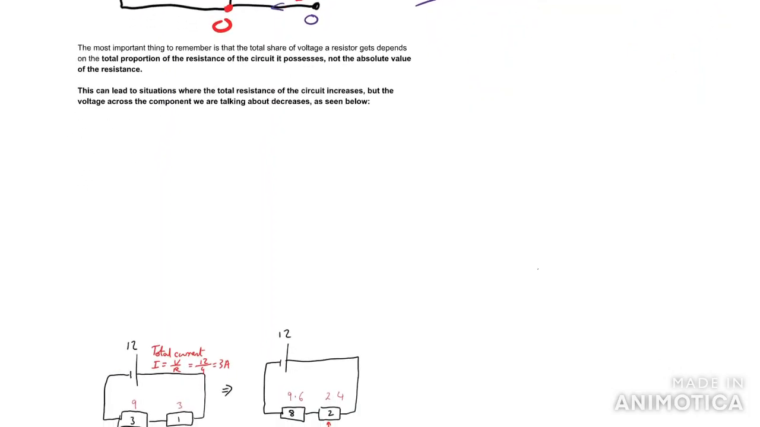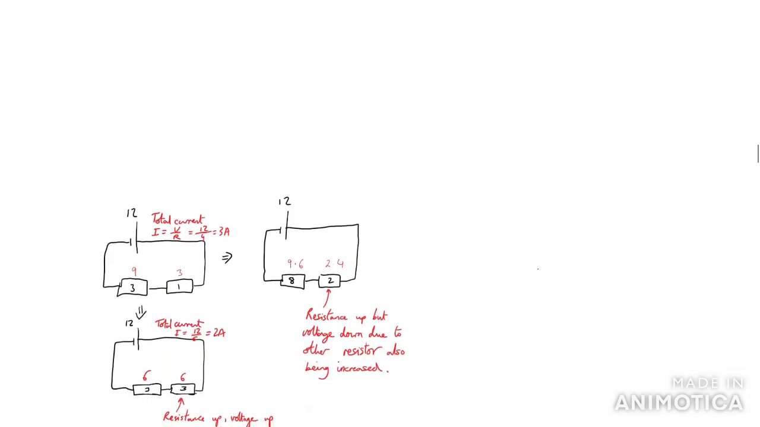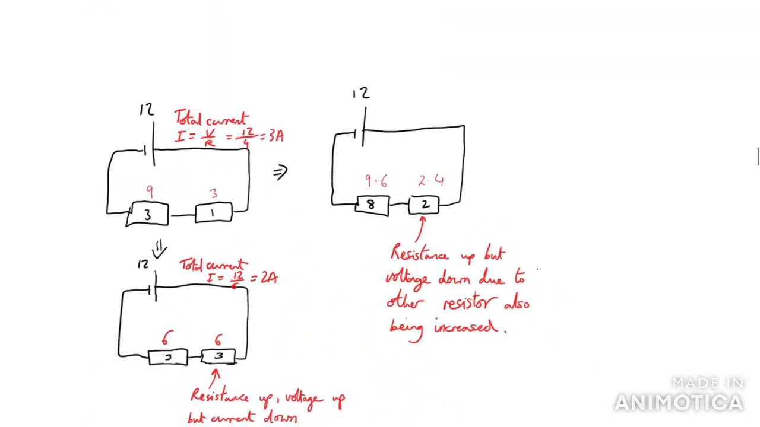But first, I want to mention the most important thing about potential divider setups: the share of voltage a resistor gets depends on the proportion of the total resistance that the circuit possesses, not the absolute value of the resistance. This is another reason why potential divider setups are useful for answering questions rather than thinking about current. Because you can increase the total resistance of the circuit, but the voltage across the component we're talking about decreases, or the other way around. So, for example, here,